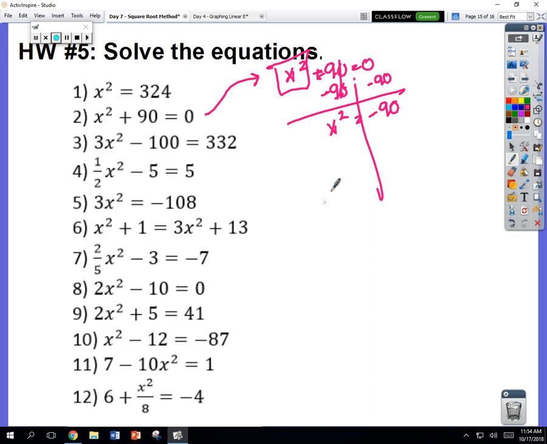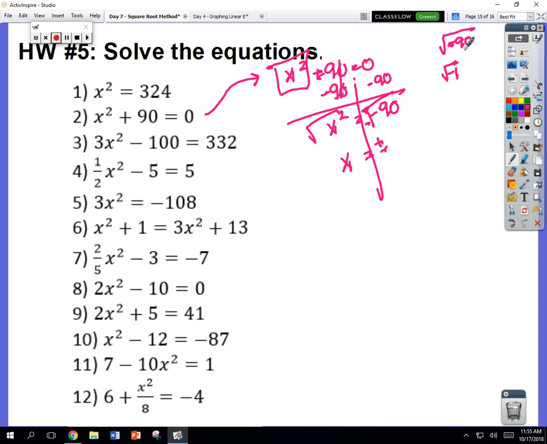And when I take the square root, you have to remember to do plus or minus the square root. So I've got x equals plus or minus whatever the square root of negative 90 is. So I'm going to come over here and start breaking down the square root of negative 90. So the way I think about it is I try to find the biggest perfect square that divides evenly in here. So I've got a negative, so I'm going to drop down a -1,